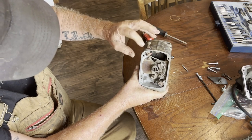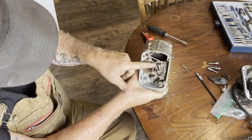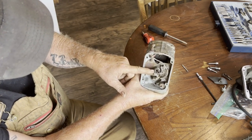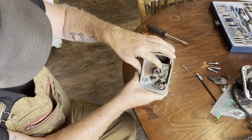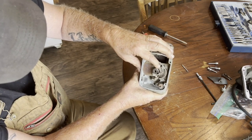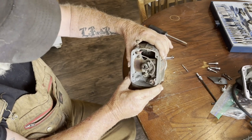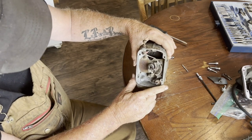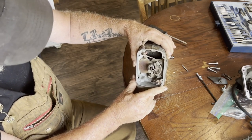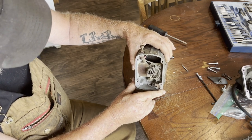But we're gonna take whatever we can to get apart. There's a shield around the cam here, or the lobe there that runs the points. They still function quite nicely and they are in good shape. I think I just have to clean them off and use some emery cloth